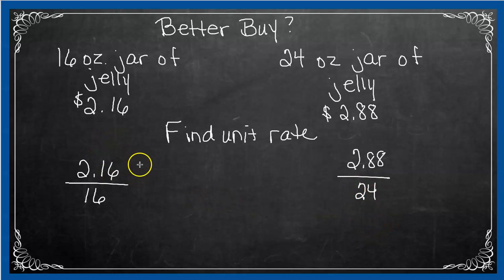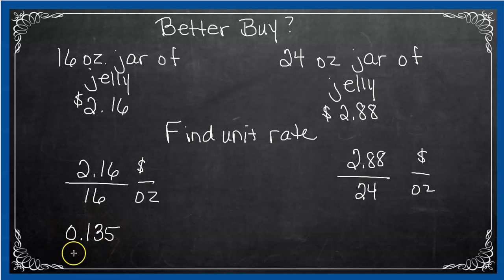So I have my price in the numerator and my ounces in the denominator. Over here, price, ounces. I'm just going to do the math here. I'm going to divide $2.16 by 16, and you can put that in your calculator. And what I get is